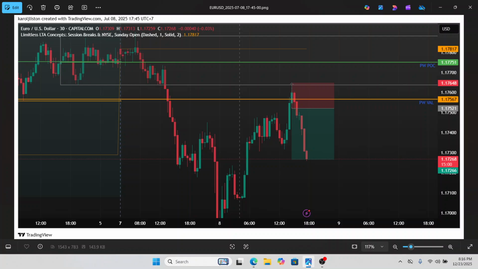This time I want to show you guys a Euro USD short that I took. This is going back a good few months ago when we had up-to-date COT data, which I'm really looking forward to getting back. You can see in this trade that we have the previous week value area low,